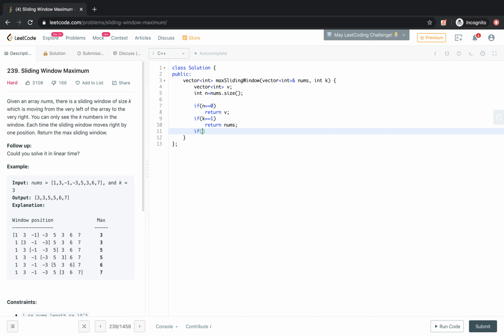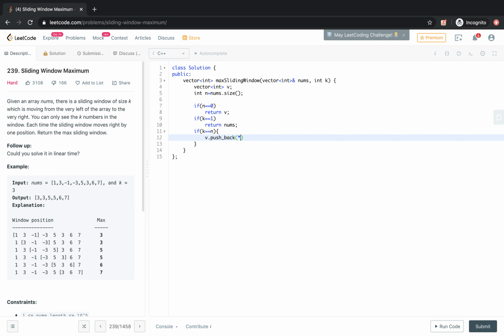If k equal to n, it means the size of the window is the size of the array. So what will we do? We will push back the maximum element of the given array.